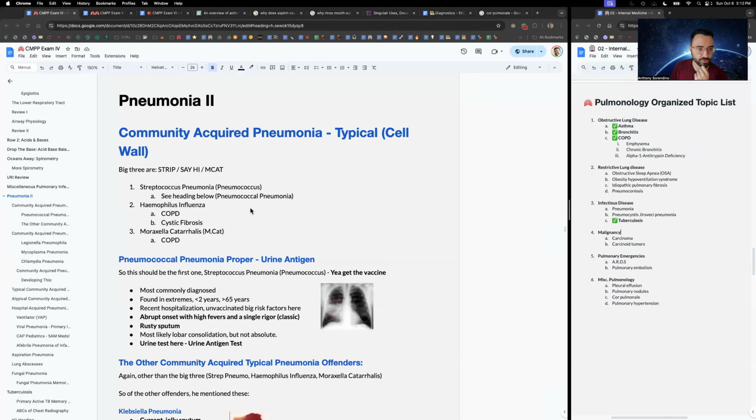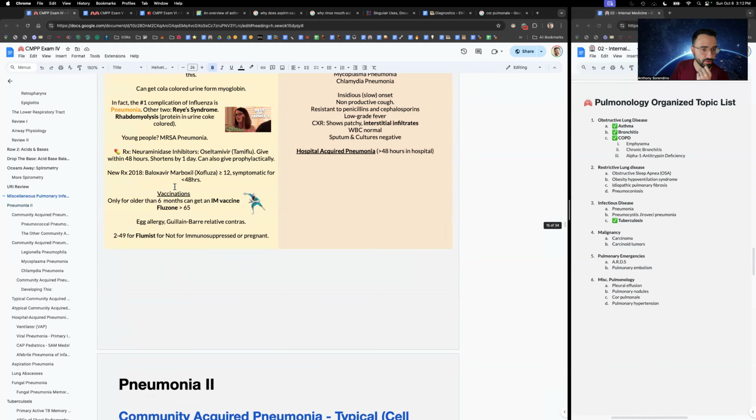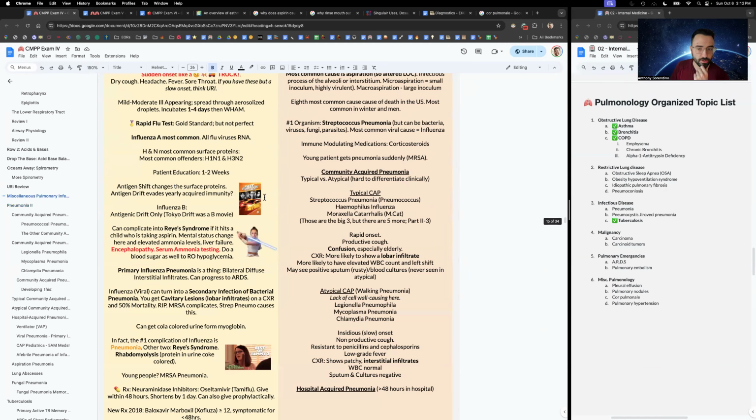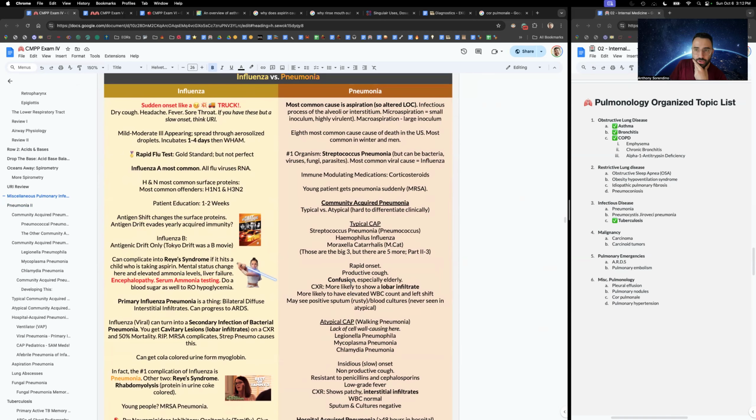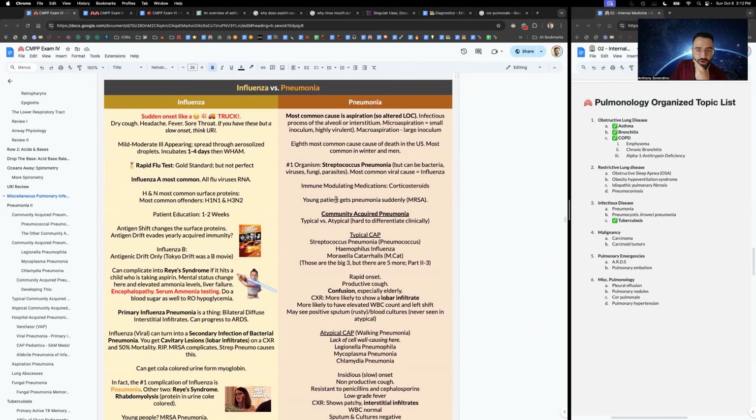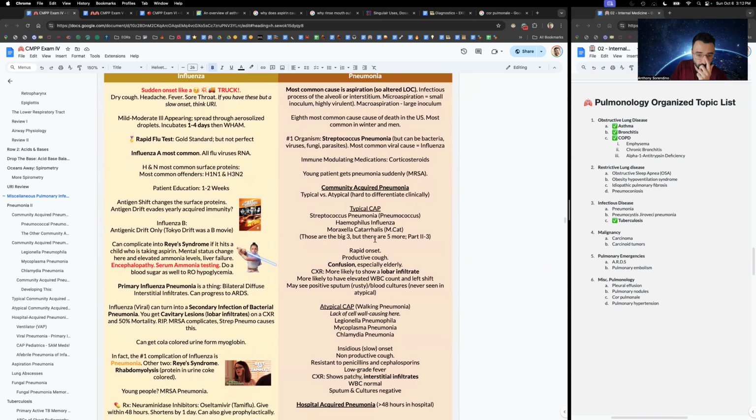So we're going to move on to pneumonia. All right, so pneumonia gets a little bit crazy. And you'll see pneumonia come up through infectious disease. You'll see it in pulm, H&P will get it, and then you're just going to see it a lot. What you'll learn is that these three bugs, strep pneumo, H flu, and MCAT, are the three causes of typical